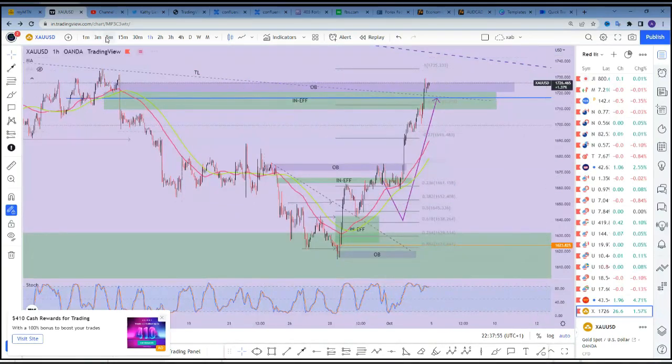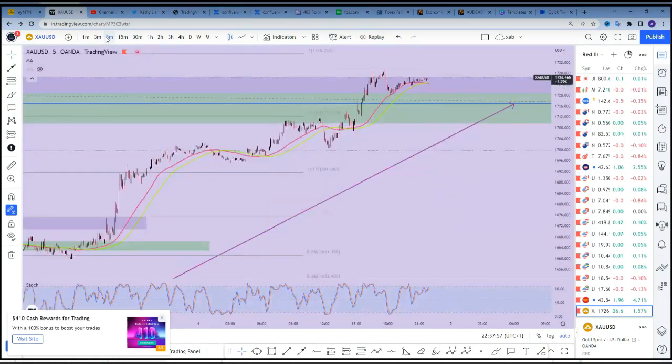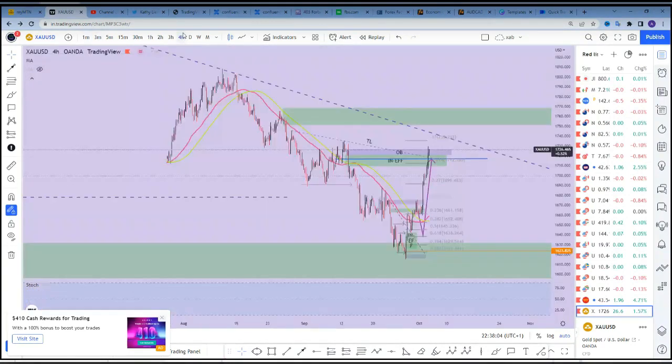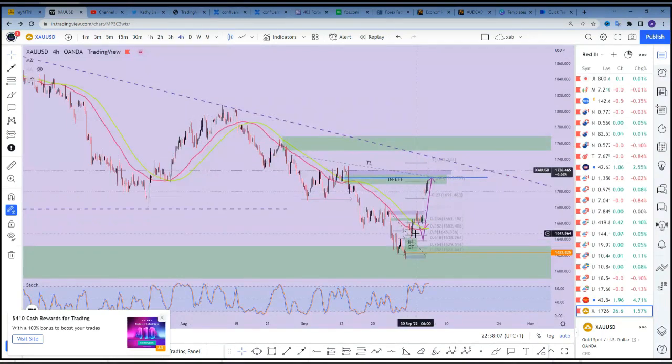Am I saying don't trade smart money concepts? Of course not. Because even from what you can see on my chart, I marked it up using smart money. The markup is based on smart money. But I don't use smart money unless it is absolutely necessary. This is a sell trade on the 4 hours time frame, another sell trade on the 4 hours time frame, another sell entry on the 4 hours time frame. Why am I showing you this?